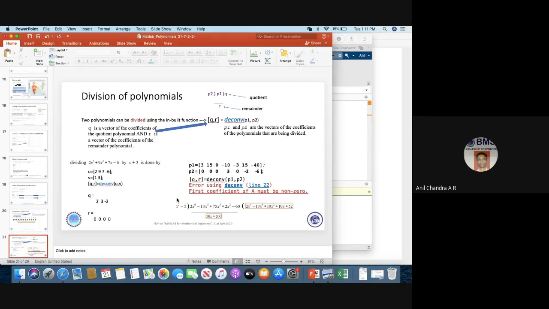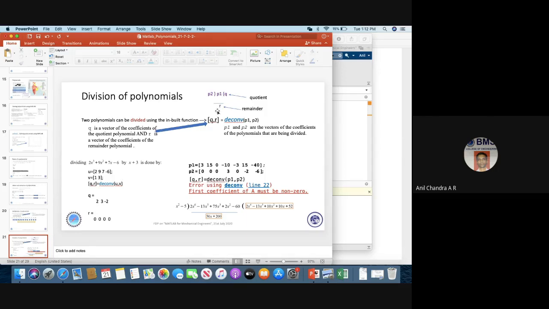You can also use the deconv command, that is deconvolution, if you want to divide P1 by P2. When you do division, you have a quotient, remainder, dividend, divisor, and so on. So P1 divided by P2 will give you a quotient and a remainder. This is exactly how MATLAB does it.